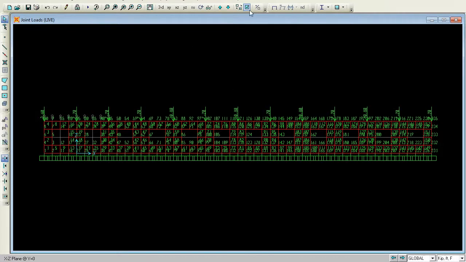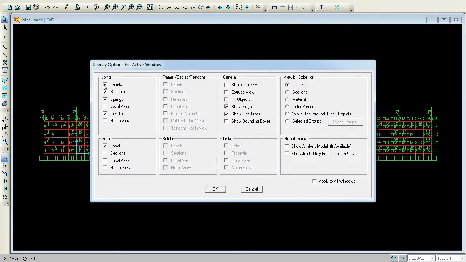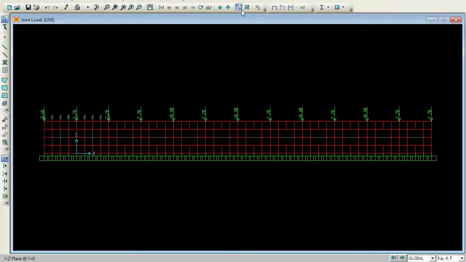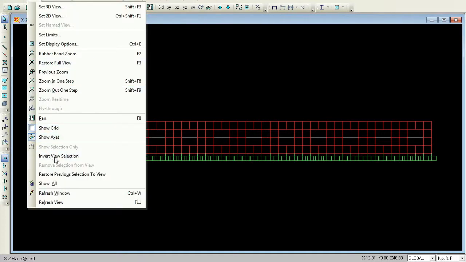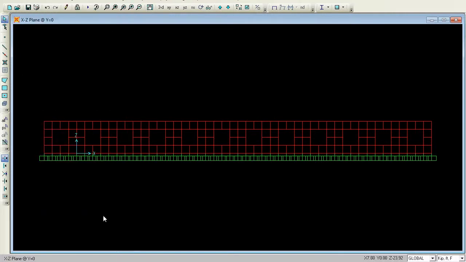Since it is too haphazard, I'll try to remove the labels over here, so it will be a bit okay to see. And next I'll try to remove the loads acting on the members. And now if you see, there are some grid lines over here. I'll try to eliminate this too. So in the view menu you have show grid. The moment you press this, all the grid lines have been omitted.